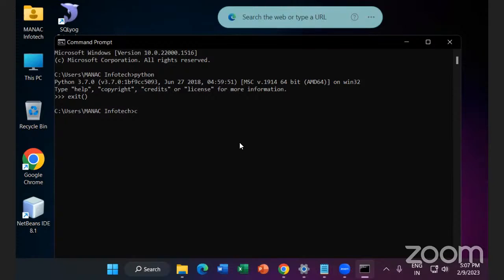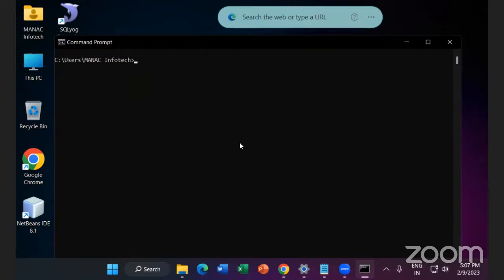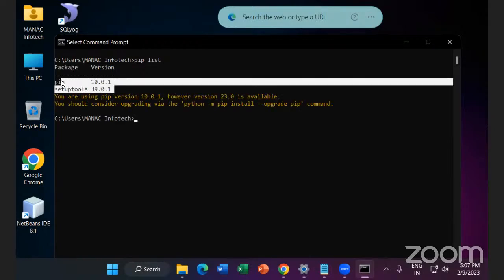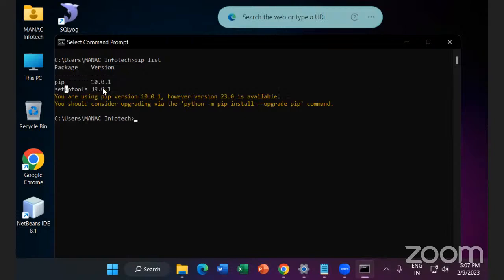Okay. Now we are going to work with Django web applications, right? So for that, we need to install Django. How are we going to install Django? Using pip. First, let's check how many predefined libraries there are in Python. You know how many? Only two: pip and setuptools. Now I'm going to install Django: pip install Django